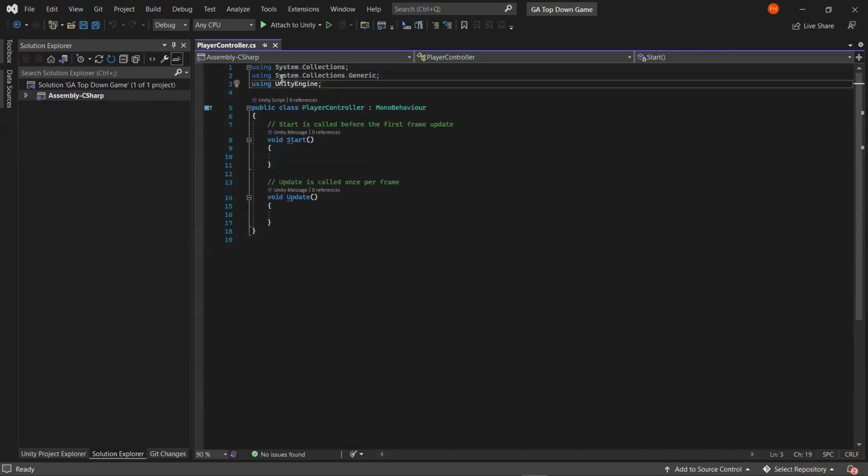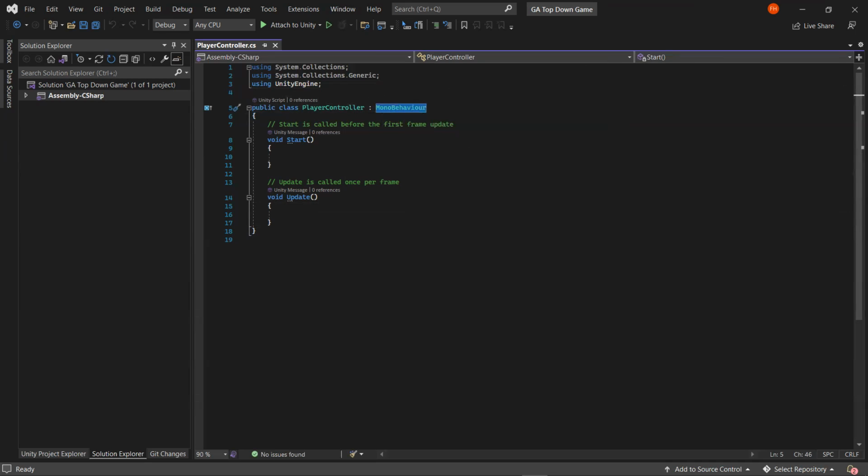Namely here, you have using UnityEngine. This allows the script to have access to a lot of the Unity functions that will allow us to, for example, read input and a lot of other things. It will also allow it to use this class here,